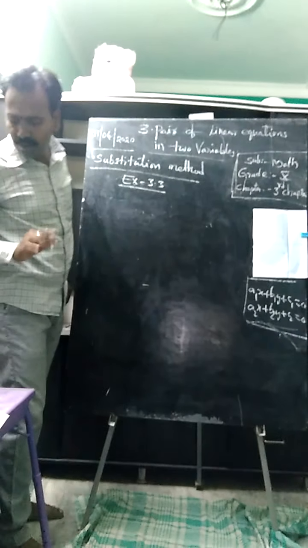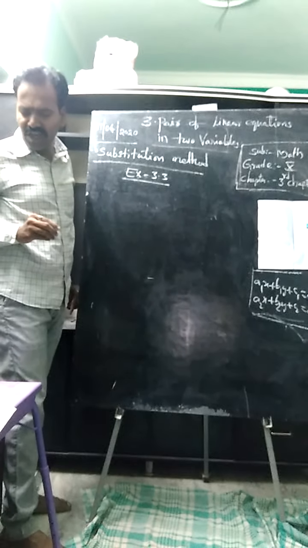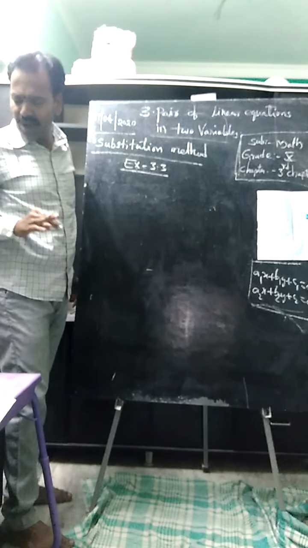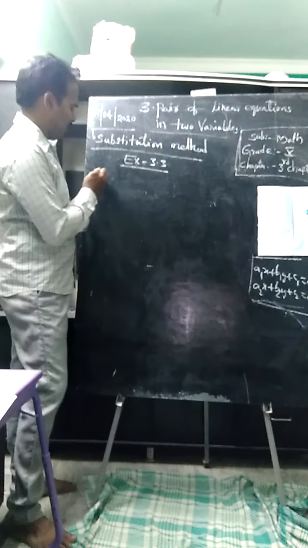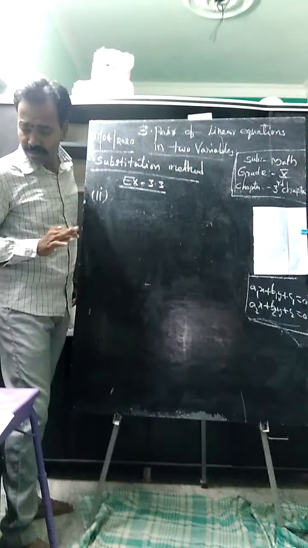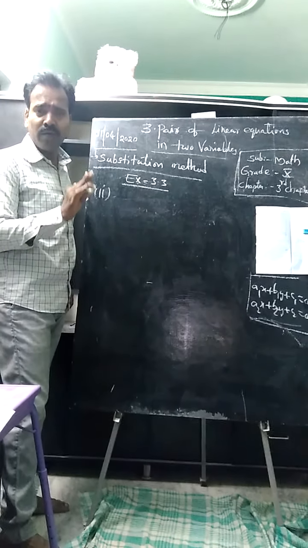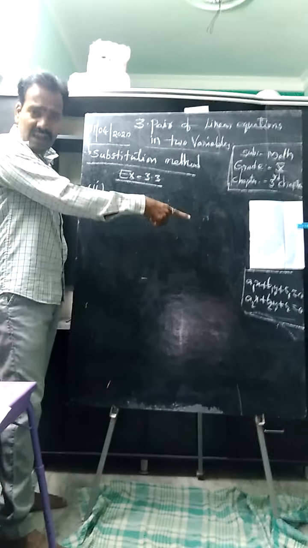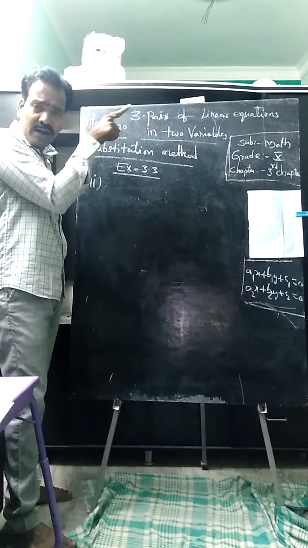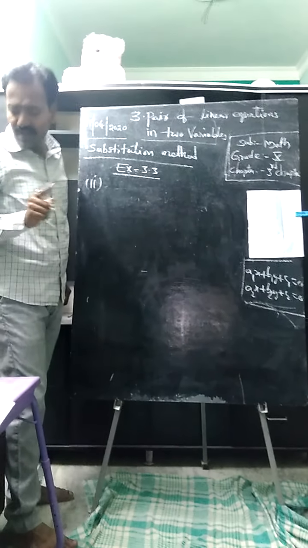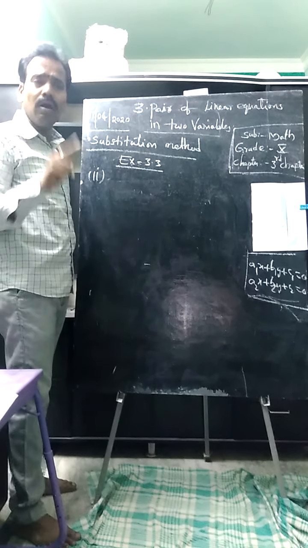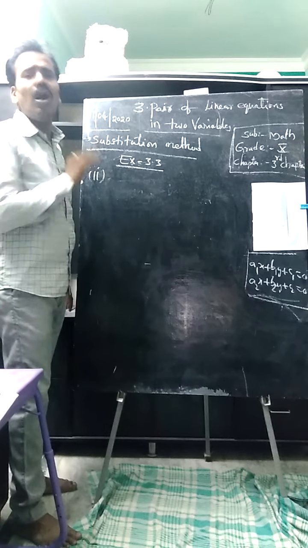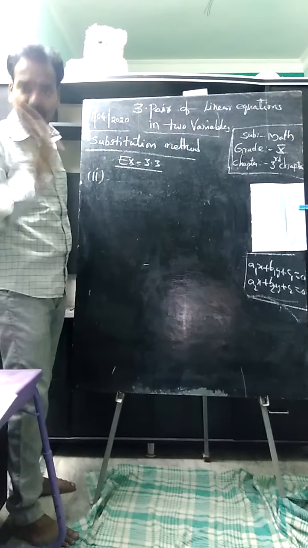How to do it? I will explain with the help of one problem. Since you have no textbook, some problems I will give as homework, which you can do. Now we will discuss one of the problems in exercise 3.2, the second one. The first one you do as homework. But before applying any method, what do we have to do, students? Yes, we have to check the a1 by a2, b1 by b2 values. If they contain a unique solution only, we will apply. Or else simply we will write that this pair of linear equations in two variables does not have a unique solution, so no algebraic method is applicable. A simple statement.